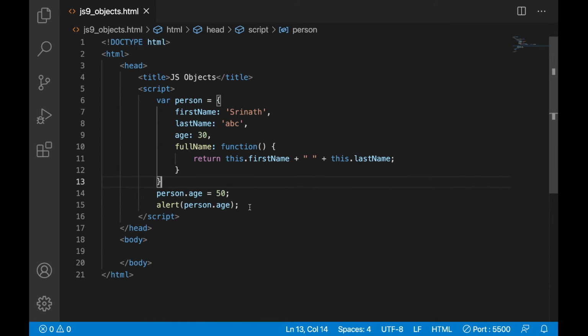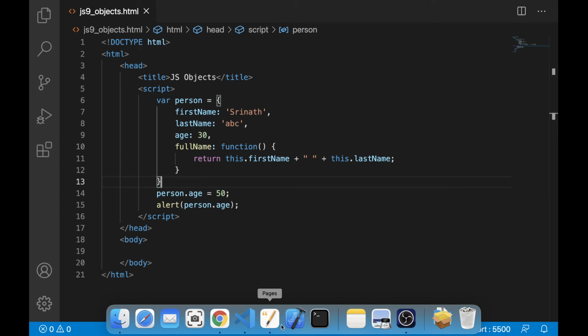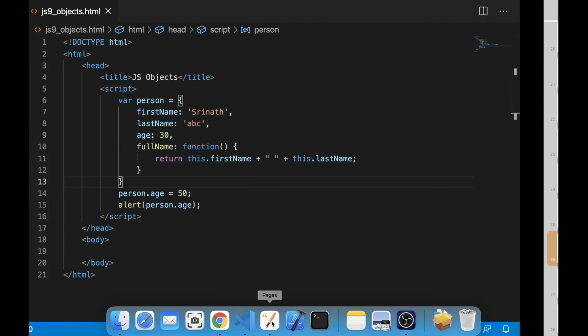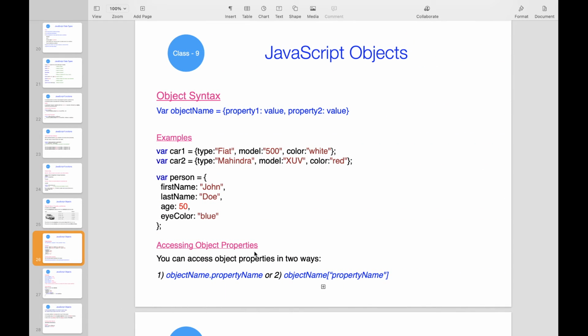There are arrays of objects also coming. While explaining arrays, I will explain about arrays of objects. Then you will get to know the real time use of objects and arrays, how we can use arrays or objects. Everything you will get to know, how we can use them in real time websites. Okay, so that is about objects.